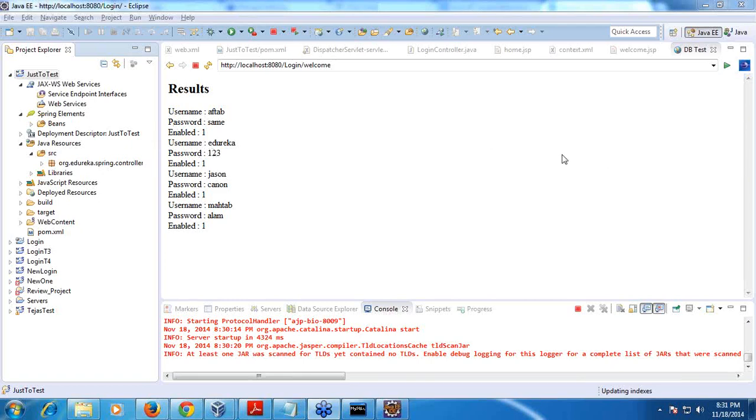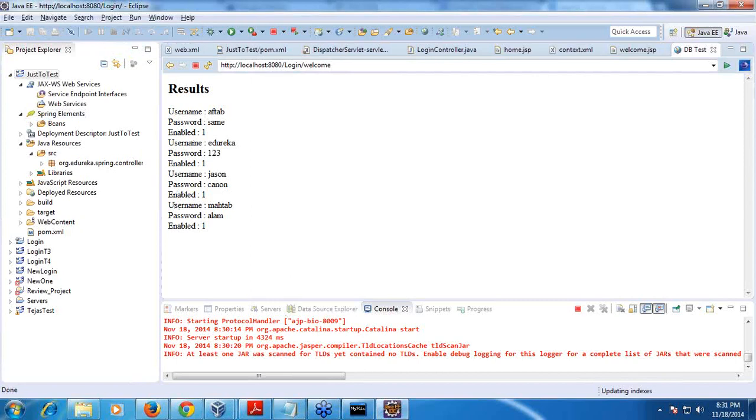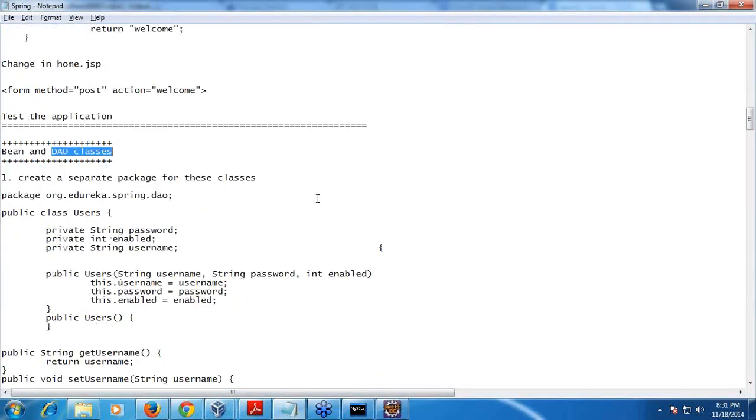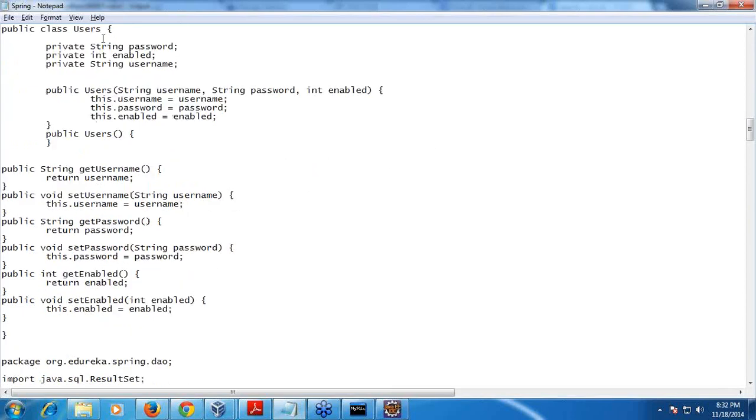Right. So friends, probably I think another half an hour I may require if I cover this DAO with this big data integration. What do you say? Shall I go ahead, or probably I will just explain in the notepad what you need to do for data source. Probably that means for DAO classes you can do this at your end.